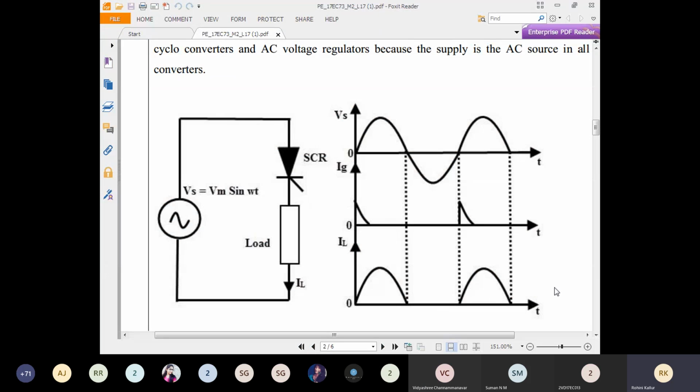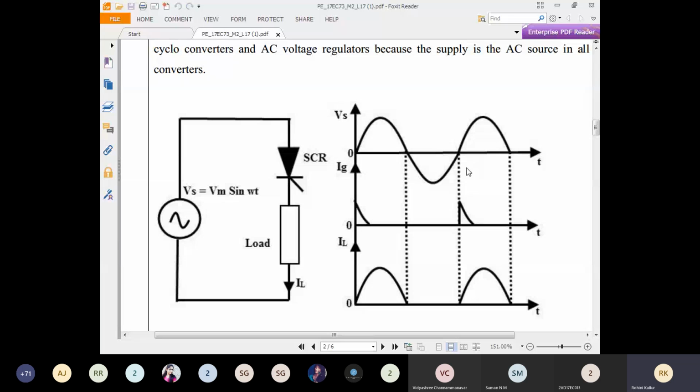So then what happens? Listen. During the zero crossing of this, the SCR is getting reverse biased and it is waiting for the positive signal to be applied. So the device remains in off condition. That means in natural commutation, by the application of an AC signal, on every zero crossing the conducting device will be turned off. So here the device is turned off.